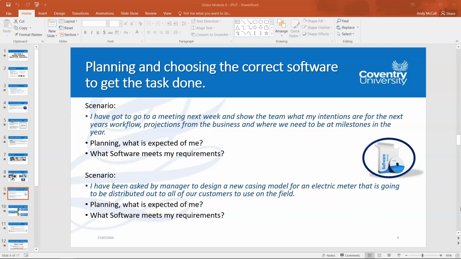Now, if there's going to be a big team, you're not really going to use Excel because it's going to be so much numerical data. It's not going to look very appealing to the eye. It's going to be quite tedious for the individuals, and they're going to be quite strained when they're following it. There's no harm in showing that in a graphical chart, but you want to be quite to the point because you're going to be describing everything during that meeting, so just small bullet points. So the software that would meet your requirements would be Microsoft PowerPoint, because you've got it